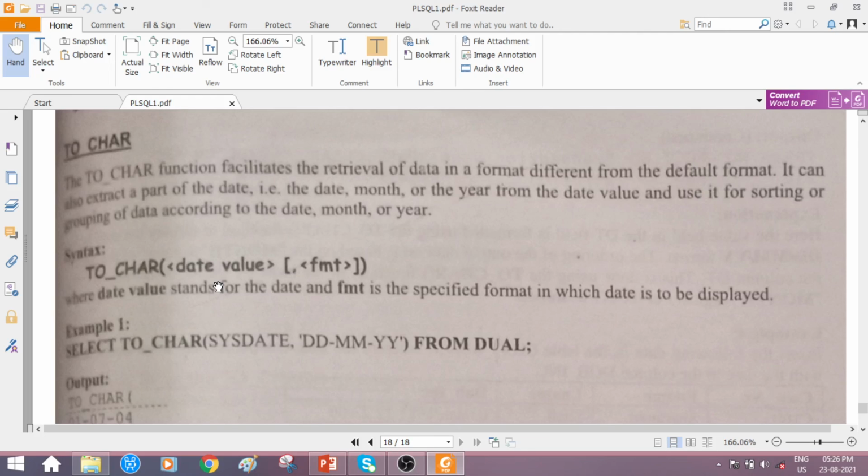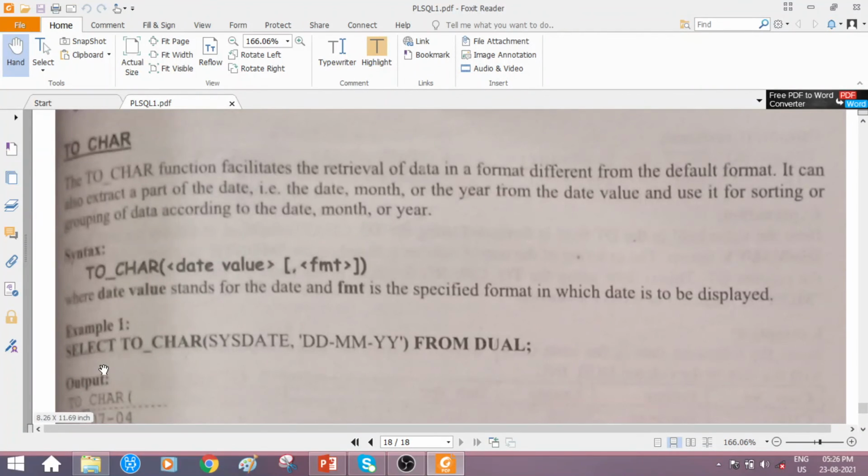The table will be holding the date in the default format, right? So that default date will be retrieved, but it will be displayed in the format we want. Date value stands for the date, and format is the specified format in which the date has to be displayed. So in which format it has to be displayed, that format has to be mentioned.